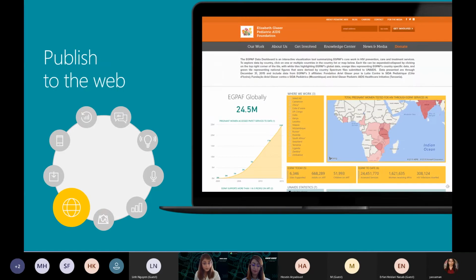We have publish to the web. This is also very interesting. As I said before, you can publish or upload your Power BI report to the Power BI service, which is hosted on Azure. Then you have two options. You can first publish this Power BI report to the whole internet without security, so everyone can access it and everyone can see it.